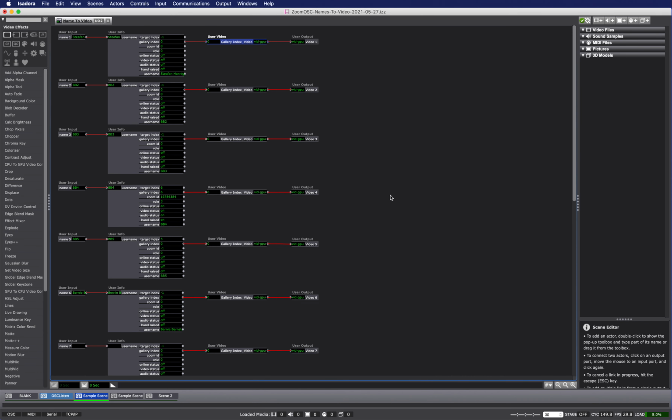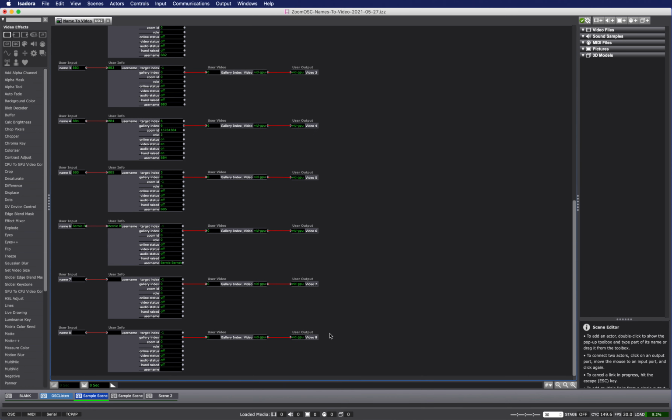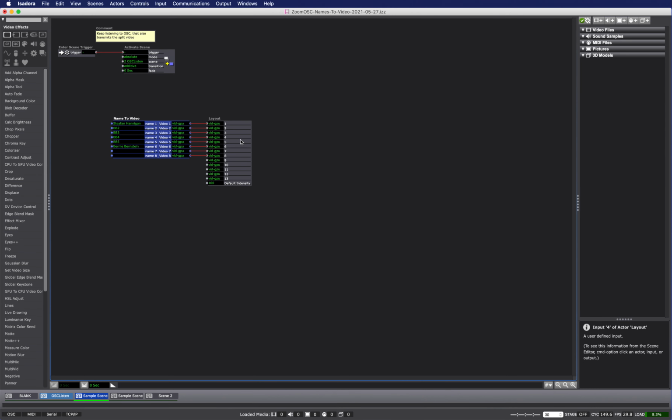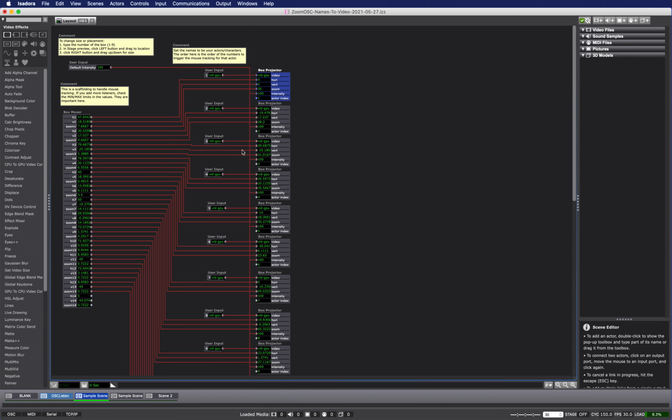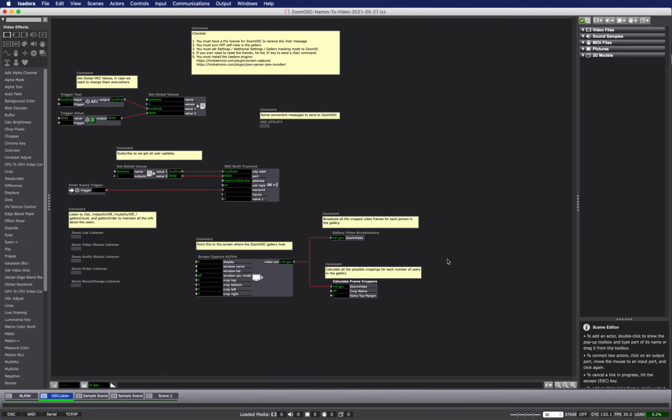So now if we want to add more users here, it's just duplicate, just copy and paste. Because here we're just using the same video, user video input, and connecting it to the name. So I'll save that. And I think that's all there is to it. Everything else should just work. Good luck. We need to do one more thing to make it work for a gallery with more than 14,